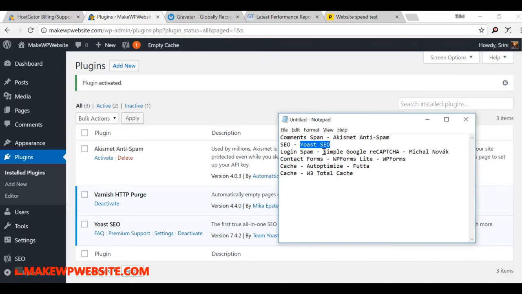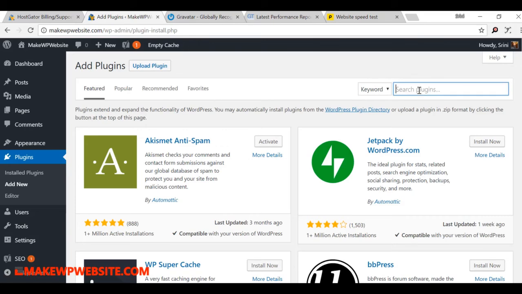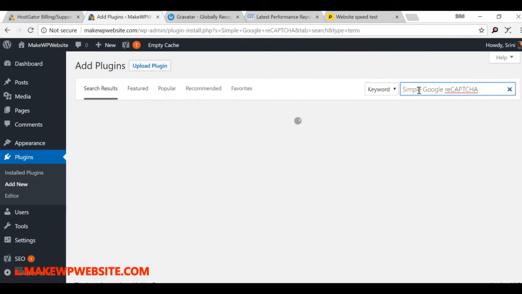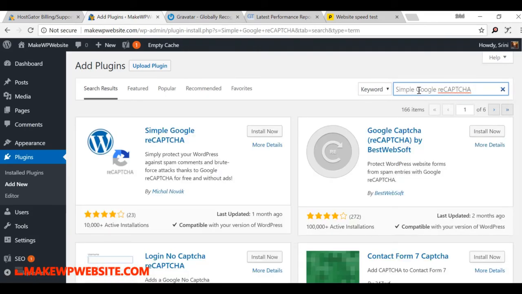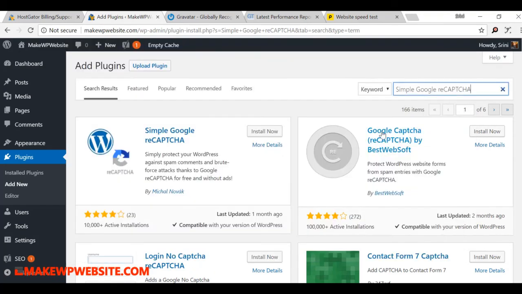Next is Simple Google reCAPTCHA. So for this one we will click the button add new and search for it. I have the author name, because if you type this name you will find so many similar names.